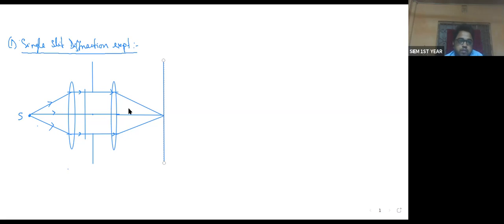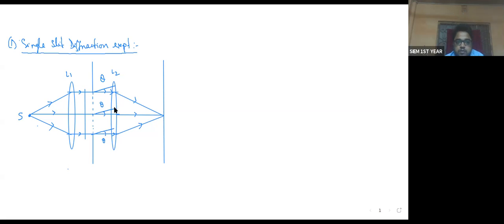Fine. If there is no diffraction and the screen is at the focus of the second lens. This is L1, this is say L2. Now if there is diffraction at the edge of the slit, so this is the diffracted ray, this is the wavefront. After, say, light rays are diffracted at an angle theta. Theta is the diffraction angle,